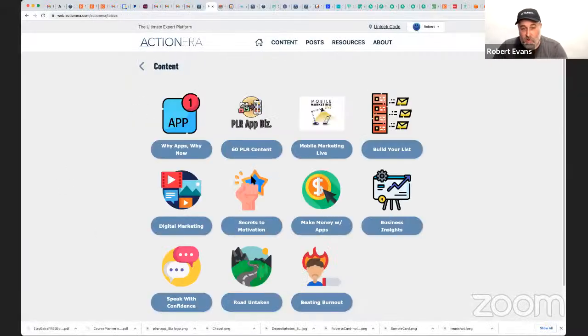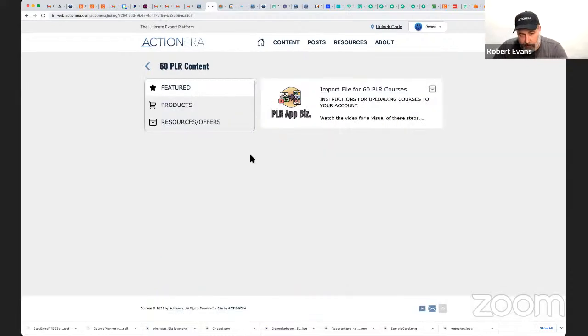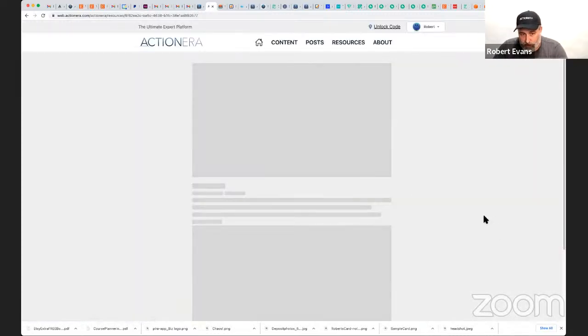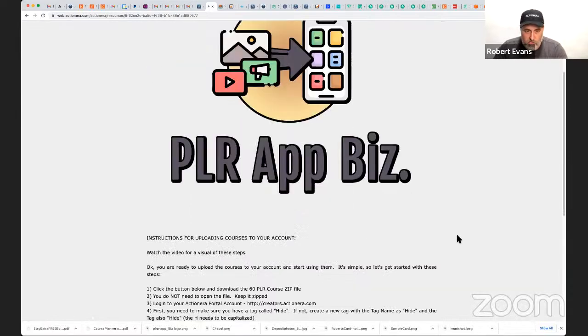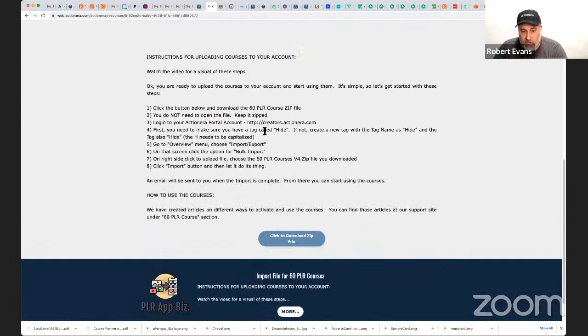All right. So that unlock code will unlock, under the content section here, this new thing called 60 PLR content. When you click on it, it'll come here and it'll say, here's the import file for the 60 PLR courses. Whoa, that's giant. I need to reduce that size. And instructions. And then this button, when you click on this button, it will download the zip file to your